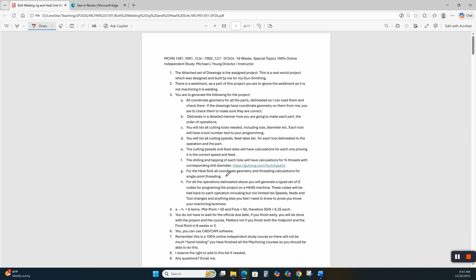Just don't pull this stuff out of the atmosphere. Prove to me how you calculated it. For the heat sink, all coordinate geometry and threading calculations for single point threading. For all the operations delineated above, you will generate a typed set of G-codes for programming the project on a